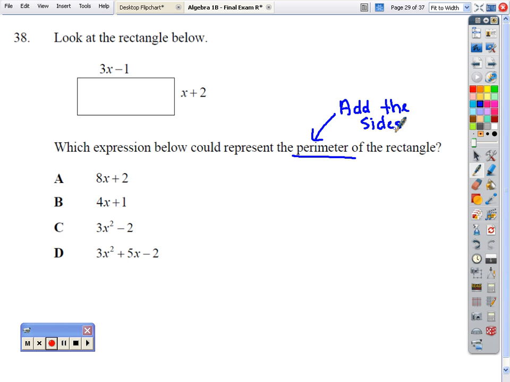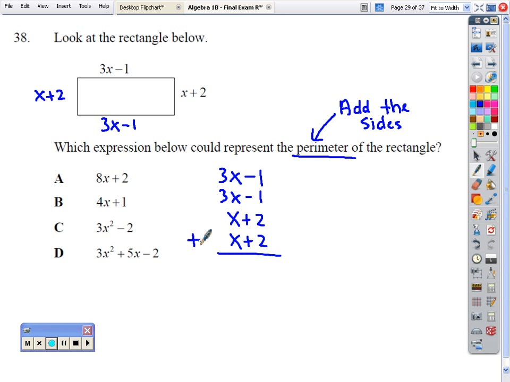So it might help to visualize the problem by labeling the other two sides. In a rectangle, opposite sides are equal or congruent to each other. So we have that, and we're going to add the sides together. Okay, so there's many ways you could set it up. I'm going to actually set it up vertically, like this,